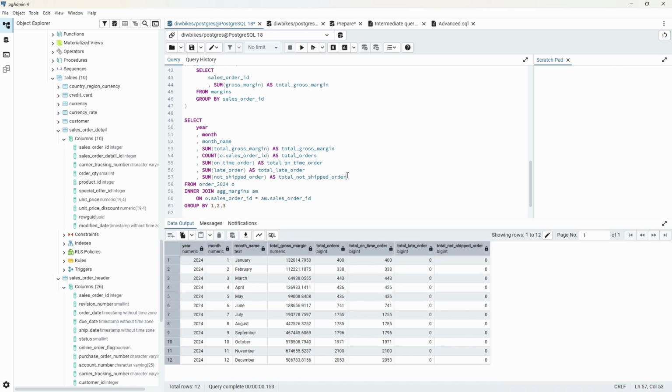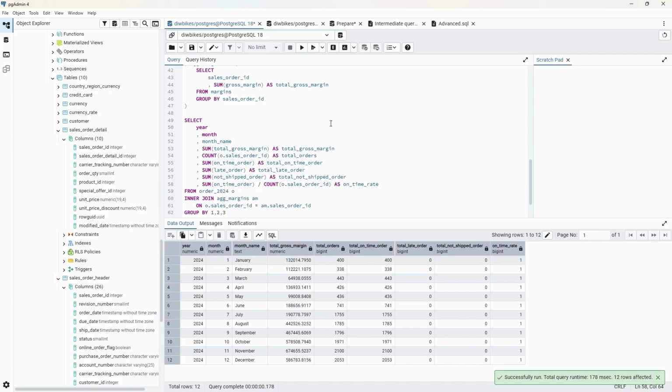Okay, we just need one more to go, and here we want to do on time orders. So we're gonna do on time orders divided by count of orders. Okay, so we do all the counts as we call this on time rate. All right, now let's run this first, and you can see it's working quite well, but we need to fail proof this,